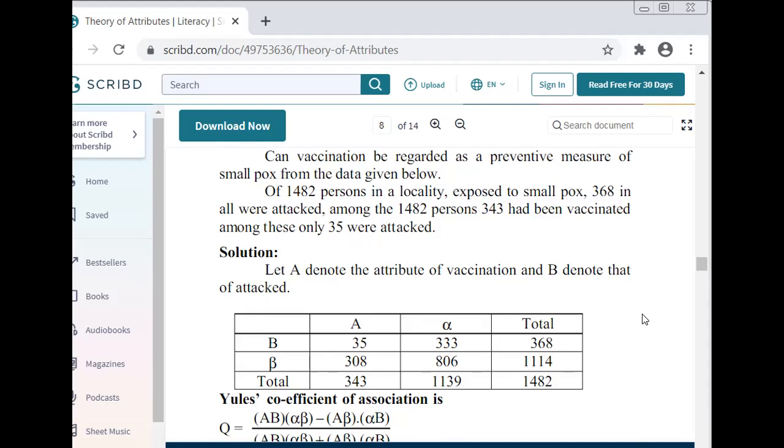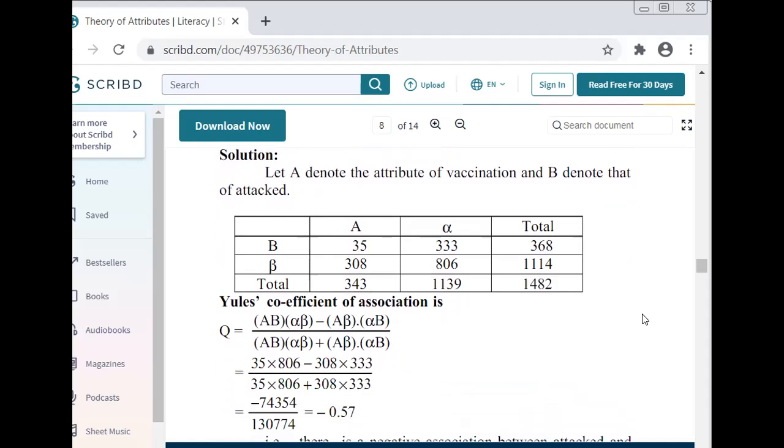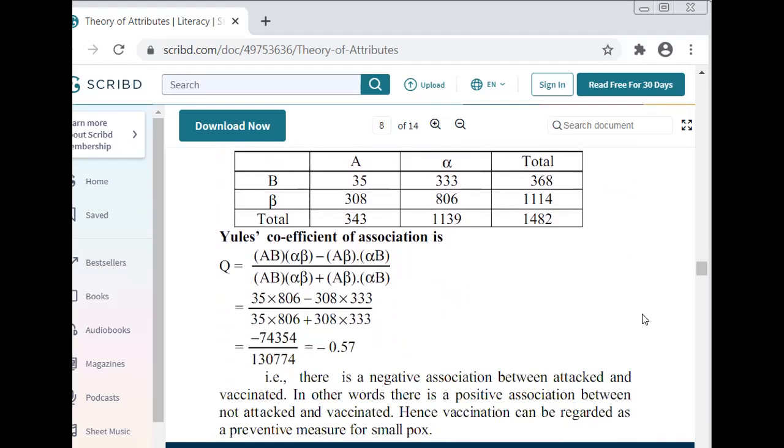Okay. So now in this table, these are the known values. By using the contingency table formulas, I have to find out all the unknown values. So I have to substitute all values in the table. Then Yule's coefficient of association is Q equal to frequency of AB into alpha beta minus frequency of A beta into alpha B, by frequency of AB into alpha beta plus frequency of A beta into alpha B. The same formula, but numerator minus, denominator plus. Now we have to substitute all values, then simplify, and here the capital Q equal to minus